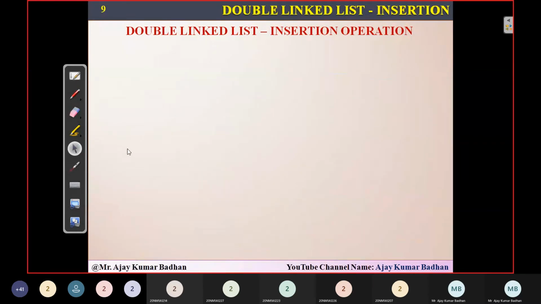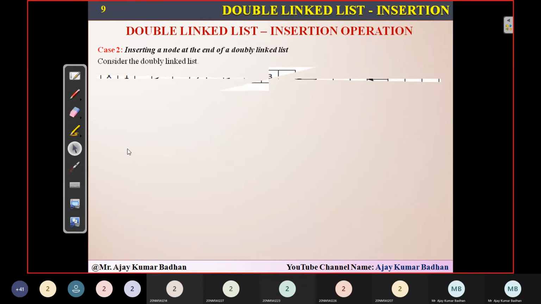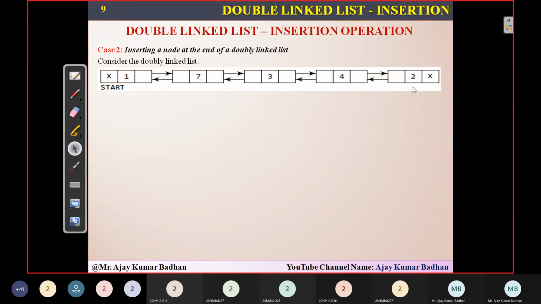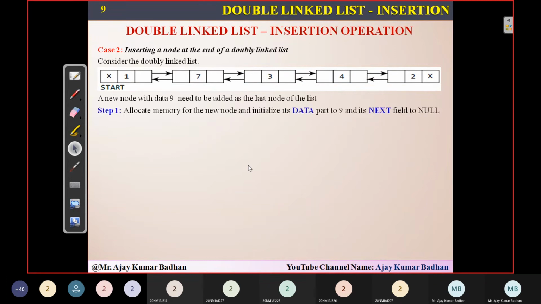Now let's go to the second one. What is the second one here? Inserting a node at the end. This time I want to insert a node in the last position. I think you know how to create it. First we need to create a node and insert the value 9. Since this is the last element, the new node's next will consist of a null pointer. So I have filled it. You can see here, 9 and null are completed.